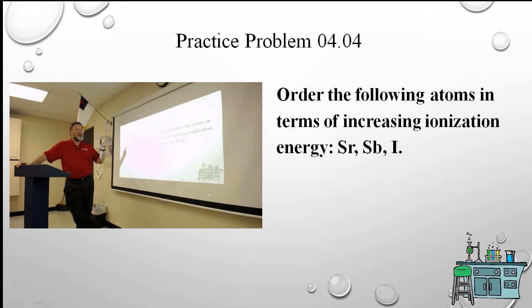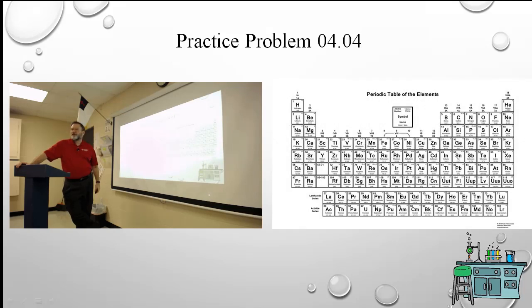Practice problem 4. Order the following atoms in terms of increasing ionization energy. Who's answering this one? Birthday boy, okay. So before we answer this question, actually, no, we don't have to reword this one. This is good. Okay, so we're going to go ahead to the periodic table. What are we going to do first? Locate them on the periodic table. So we're looking for, in order,